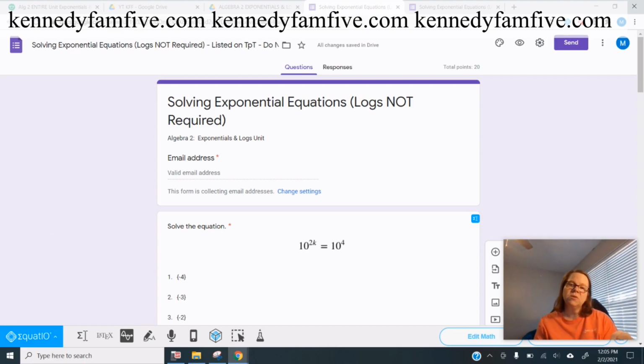Let's look at this mini Google Forms assessment that I created on solving exponentials where you don't use logs. It is 5 questions, and I'm just going to show you mine from the back end and from the student point of view. And then, if you want to create your own, you're welcome to use mine as an idea